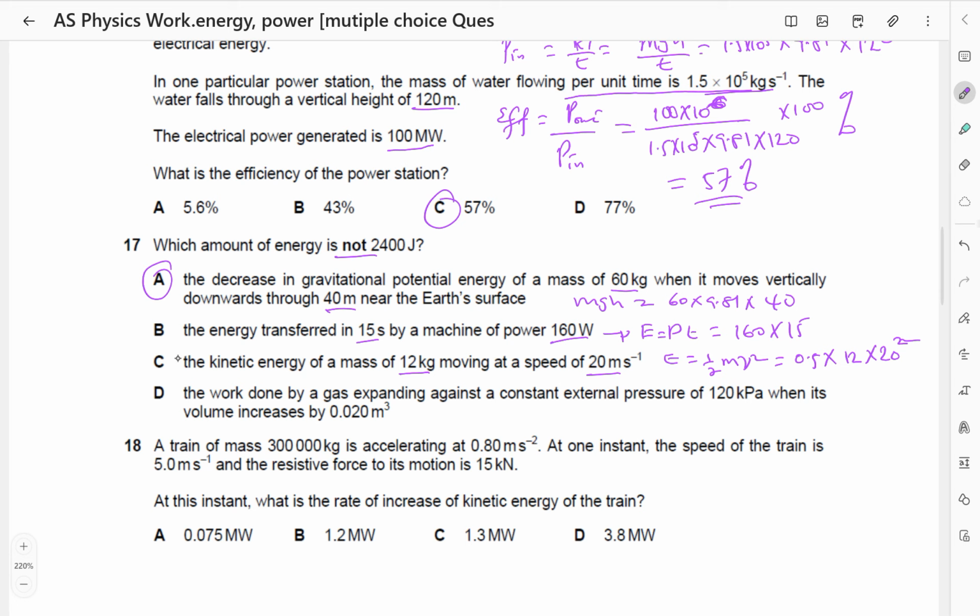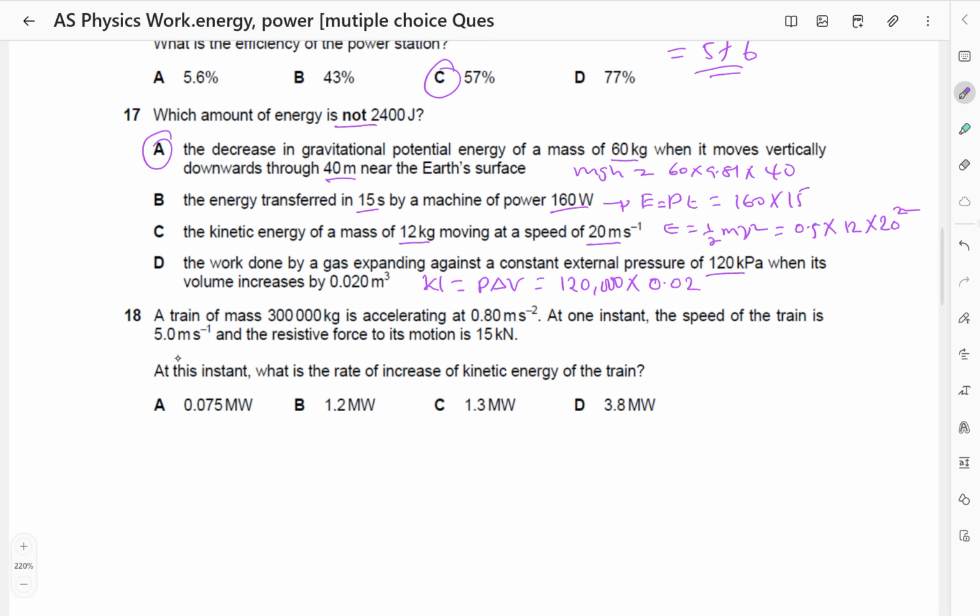The work done by a gas expanding against a constant pressure 120 kilopascals when its volume increases by that. So work done is pressure times change in volume. 120,000 times the change in volume, which is 0.02. That one automatically gives us 2,400. So the answer is